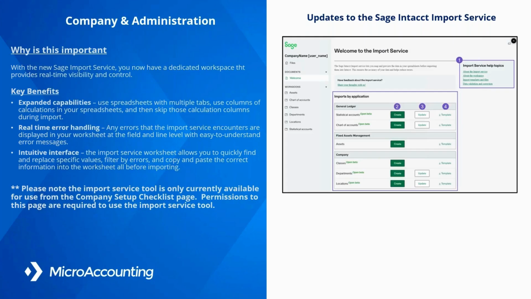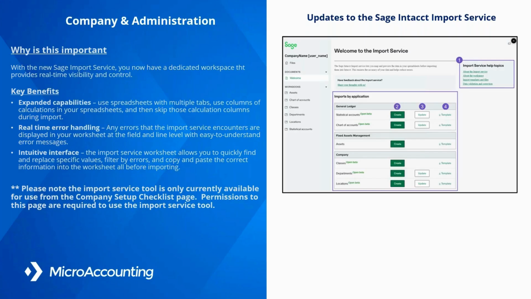Now, the only way that we can get to this Intacct import service tool is through the company configuration import section. There's a company checklist, and I'm going to demo this piece later on. That's the only way you can get to it. So it won't have the little import button that we're used to, maybe if we're going to AP Bill and we can import directly from that screen. What will happen is we go to company imports, and then it'll allow us to import from there.